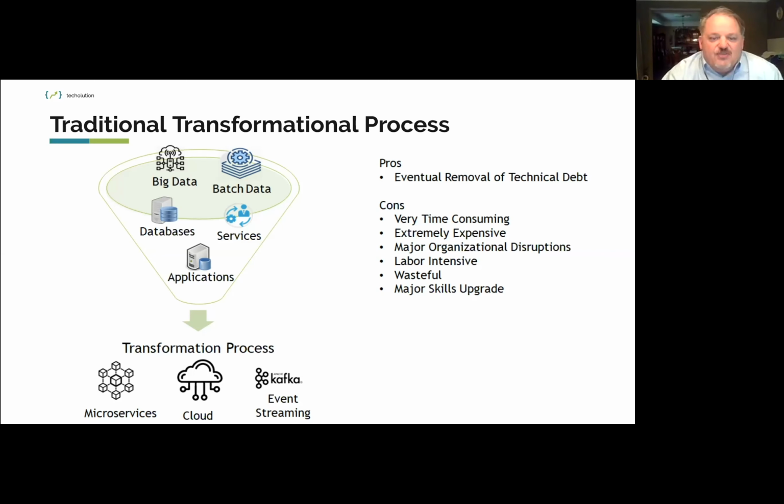But anyway, what you do is you take the existing portfolio of all your technology, you come up with some kind of assessment process or matrix that determines how easily that stuff can be moved over to the cloud. The new compute capabilities are moved to microservices, cloud computing, or even potentially event streaming. Then you come up with a standardized process, and it's like a sausage machine. You basically push everything through the transformation process, and then out the other end, you get a nice transformed environment, and that's how you pitch it. That's how you present it to your senior management. You come up with a schedule,